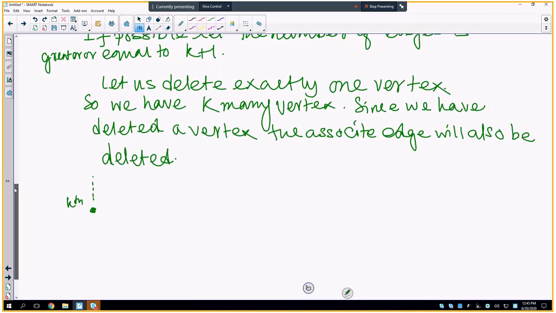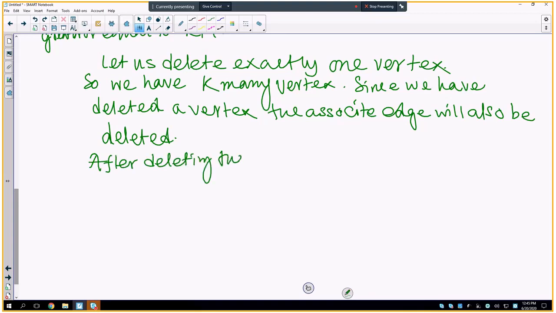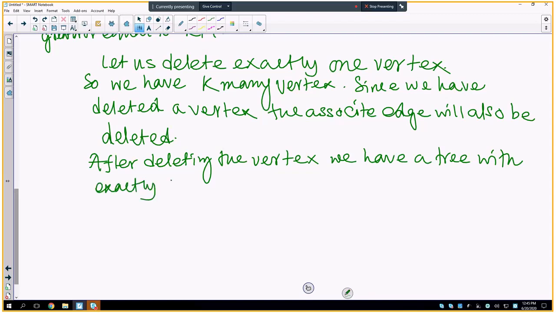Okay, so what I have after deleting the vertex, remember we deleted exactly one vertex, is a tree with exactly k many vertices